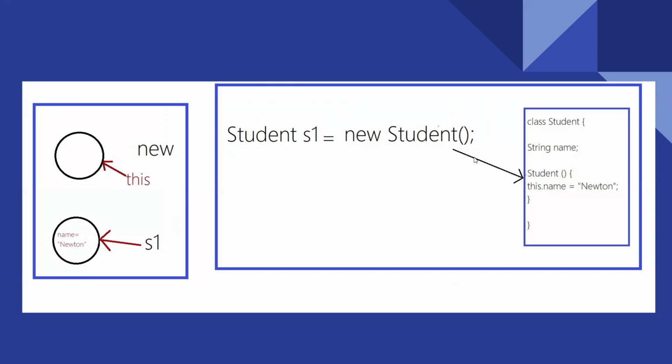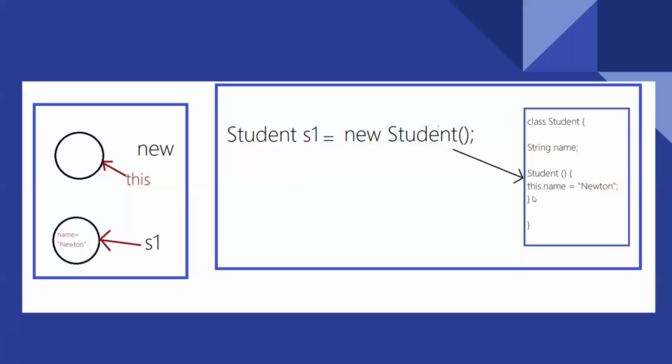Since we are calling the Student constructor, the Student constructor function will be called, and you know this will be pointing to the current newly created object, this.name. So that means we are adding the property, or calling the property, from the current object. And you know that String name, since we don't have the static keyword, will be attached at the instance level. So whether you are assigning a value or not, by default, if you have the instance variable, whenever you create the object, that object will have the link to the instance variable.